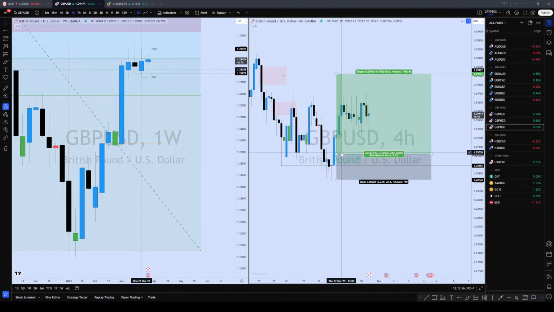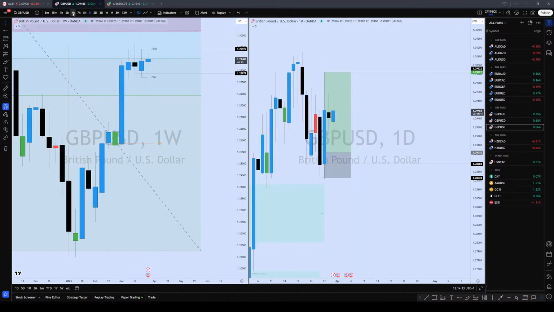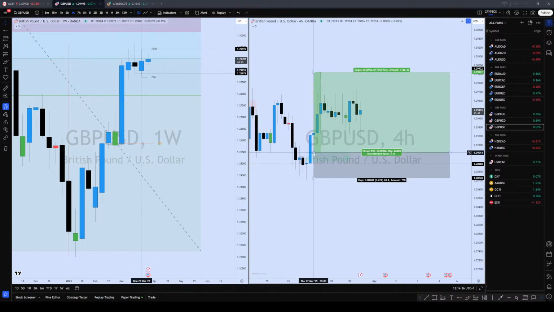I personally like it because we are likely going to take out a previous week high, and this would be a nice area if we can come back there. I don't like anything on the daily because the daily is just a mess, but the H4 is looking good. And the time of day when you come there is also important. Make sure that we come here during the London or New York session. All right. Okay, so that's that for the British pound.